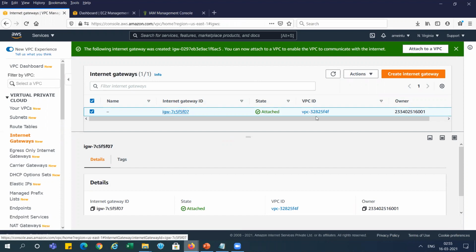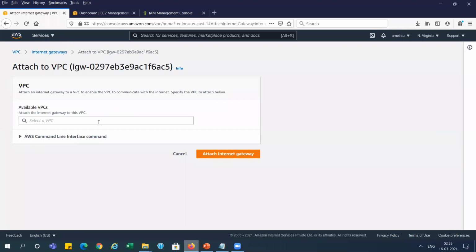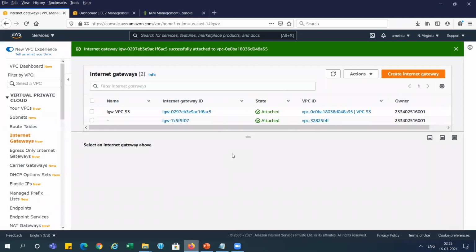I think it is created, right? So we need to attach it to the VPC. We have created VPC S3, so we will attach that internet gateway to the VPC. You can see this is attached to the VPC. Internet gateway is done.